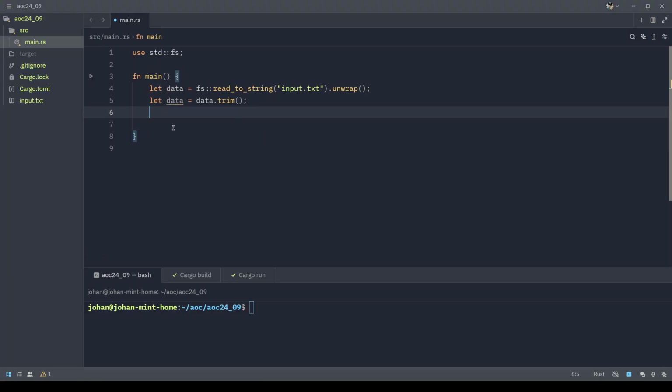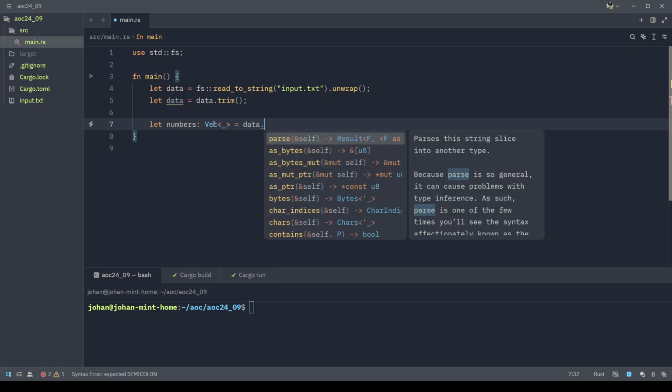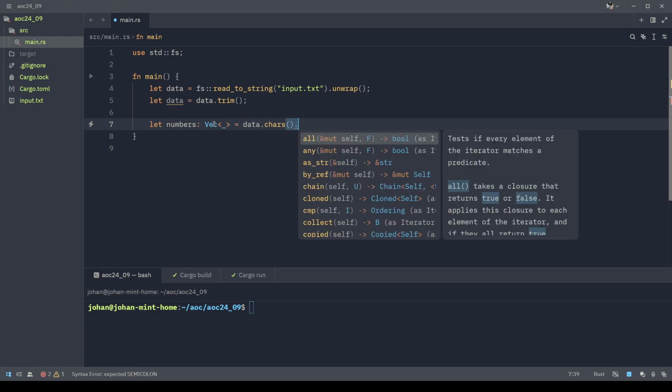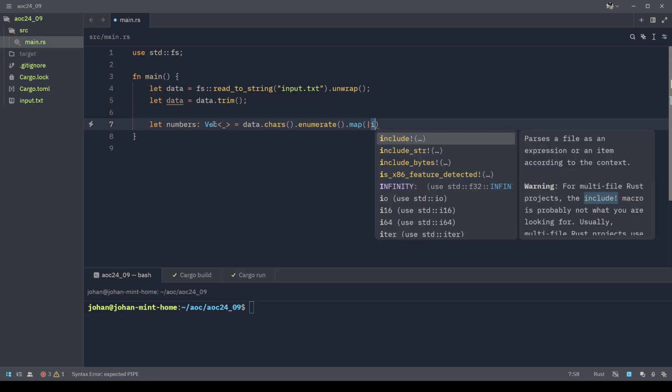So get the data. Sometimes I copy paste with a space in the end, so I add the trim after reading it. So we want to get the numbers from data, enumerate over the characters, map, and we get the